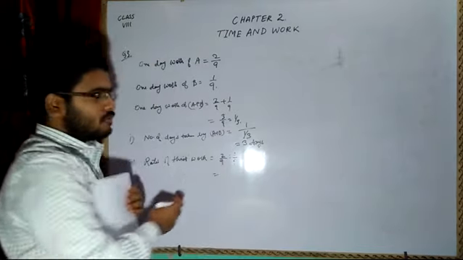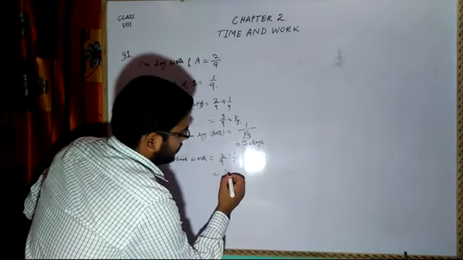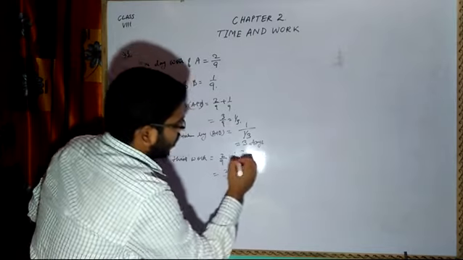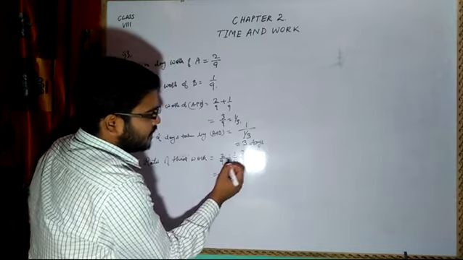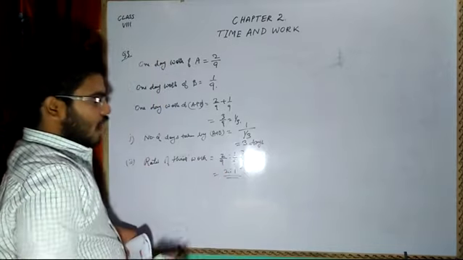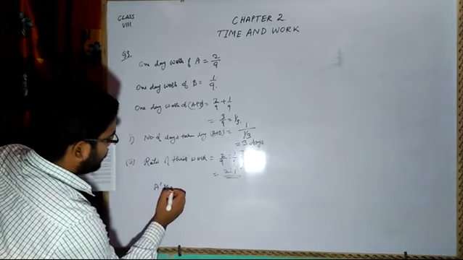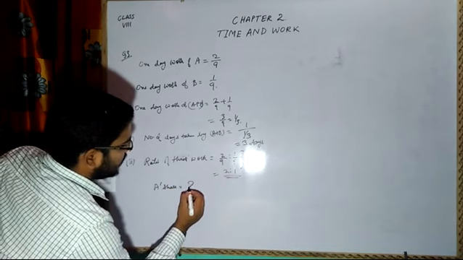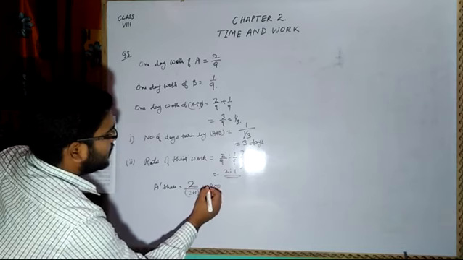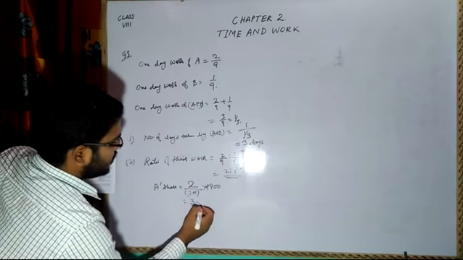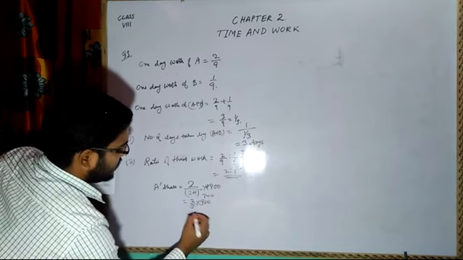You know how to convert this ratio into simple ratio by taking LCM 9 into 9, then it will become 2:1. I hope all of you know how to convert this 2 by 9 fractional ratio into ratio. You have to multiply here 9 and then take the LCM and multiply. I hope that much you know. Now the shares, A's share will be equal to, what is the part? A is 2. What is the sum of the ratio? 2 plus 1. What is the amount? 900. So it is 2 by 3 into 900. 3 3s are 9, 300 means rupees 600.